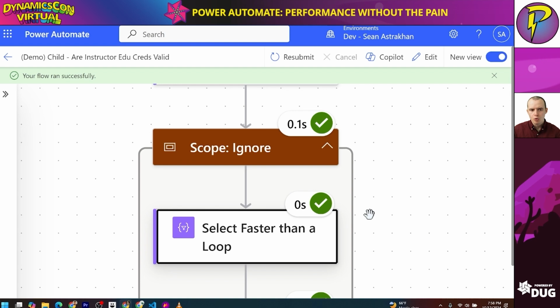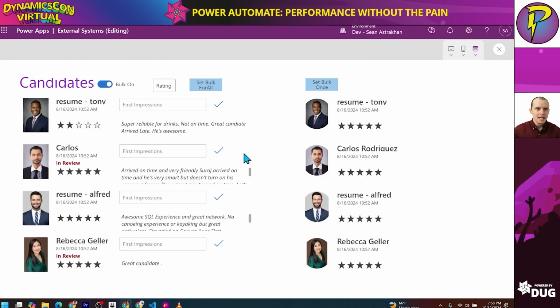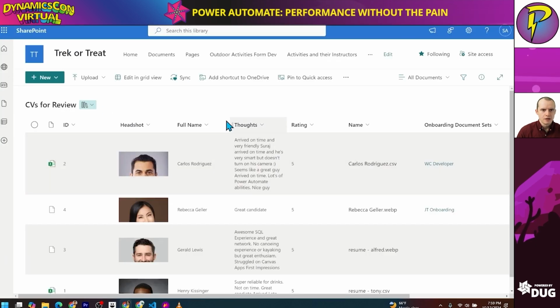This concept of avoiding loops isn't specific to Power Automate, it's across software. It appears in Power Pages, .NET, whatever you're doing, even Canvas apps. For instance, this app helps me evaluate potential people we could hire. So I can give them 5 stars and say, great background, and then hit plus, and this updates their information